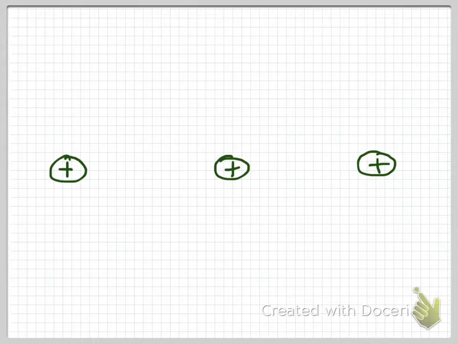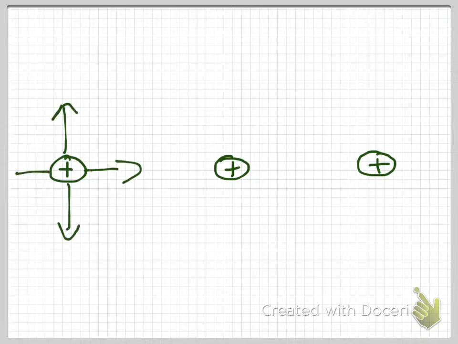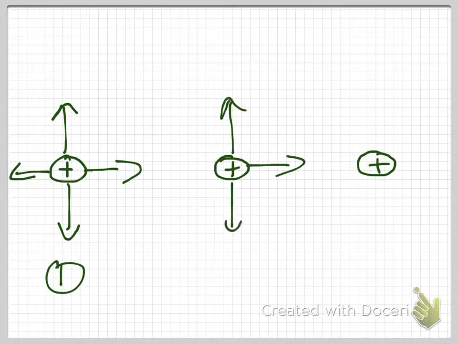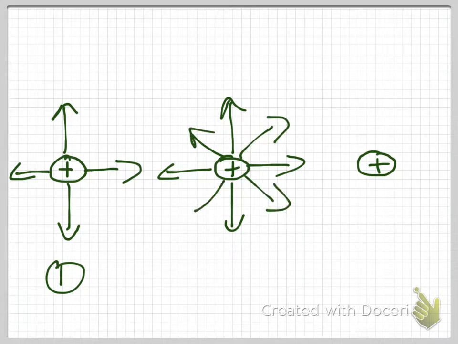The other aspect that field lines, or electric field diagrams, can show is the number of lines coming from the charge itself. So again, I'm going to use the positive as the example. So I could compare, say, 4 lines coming out from the positive charge, the first one, so this would be charge number 1, and then I could increase the number of lines, so I can add 8 to the second one here. What this diagram shows is that the second charge is stronger than the first charge by the number of arrows,